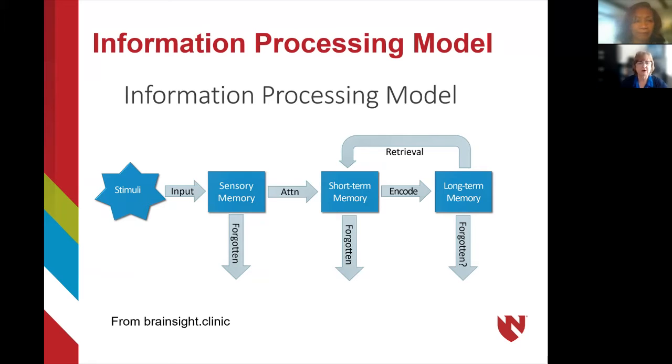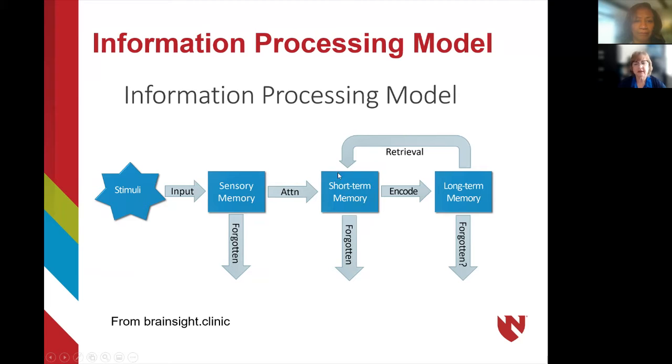We are inundated with all kinds of sensory stimuli all the time. And the only way that we will remember any of it is if we decide to pay attention to it and it moves into short-term memory. It's labeled short-term memory on this model, but it's now known as working memory. And if we are ever thinking about anything, paying attention to something, concentrating on something, manipulating any type of factual information, that has to occur in our working memory. Working memory is integral to our learning process.